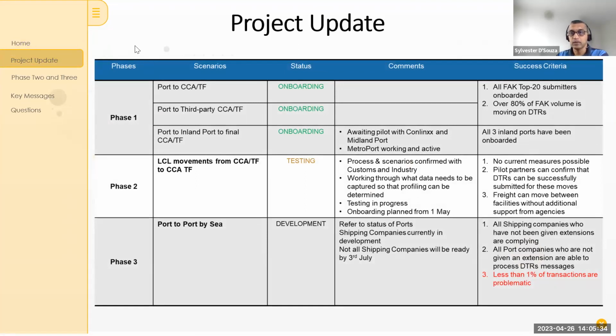Right, I'll just quickly move my screen. Yeah, here's a quick look at the phases in detail. Phase 1 is onboarding. We've tested quite thoroughly the port to CCA moves and port to third-party CCA moves. The port to inland CCA moves have been allowed now. There's a single DTR required to move it from Metroport, so from Tauranga through Metroport and to your CCA. So that's been approved. We are waiting to do some testing with the other two inland ports, which are Conlinks